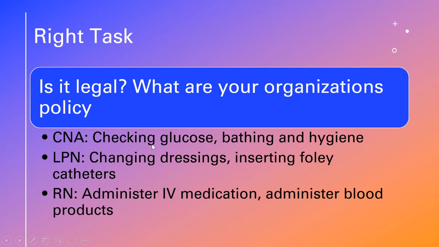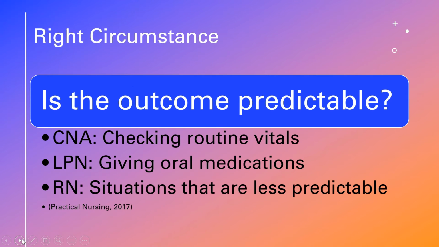For example, a CNA can check glucose levels, bathing, and personal hygiene for patients. LPNs can change wound dressings and insert Foley catheters. RNs are able to administer IV medication and blood products. Is the outcome predictable? For a CNA, checking routine vitals, an LPN giving oral medications, and RNs will be in situations that are less